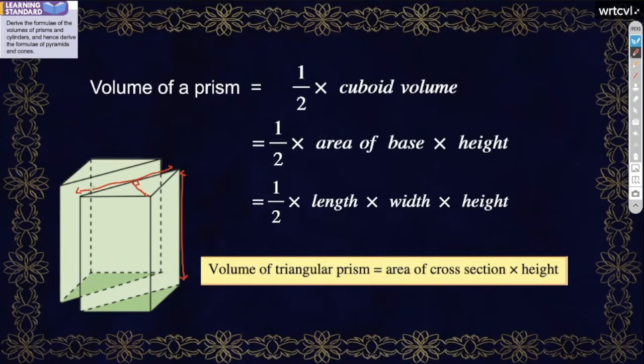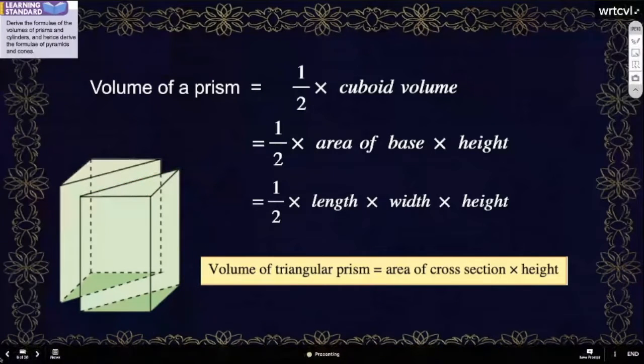Why divide by 2? Because the shape of the cross section is a triangle. So you remember, you find the area of the triangle, then multiply by the height. Is that all right, everybody? Show me your thumbs in the chat whether you can understand how to derive the volume of a prism. If you can remember how to derive the formula, it's easier for you to memorize the formula. Else, you just go and hafal saja, right? Okay, good, everybody. So we go to the next.